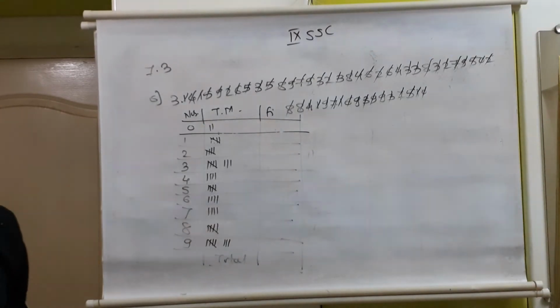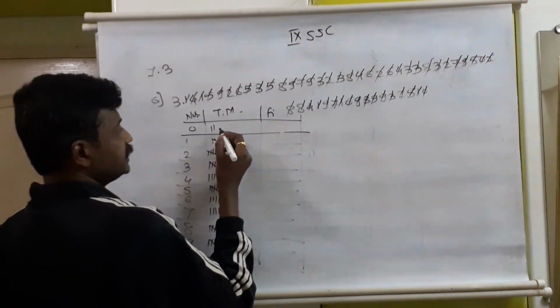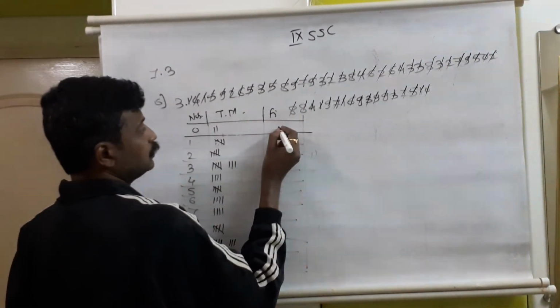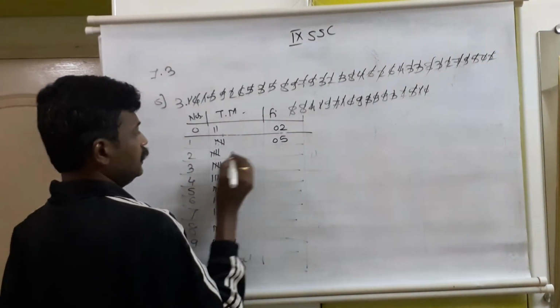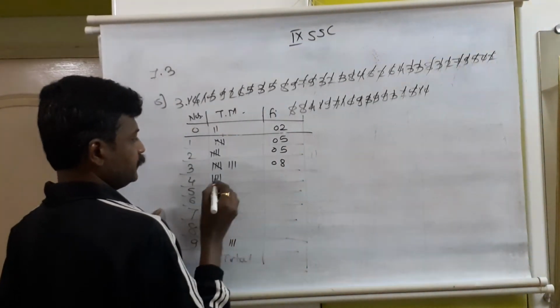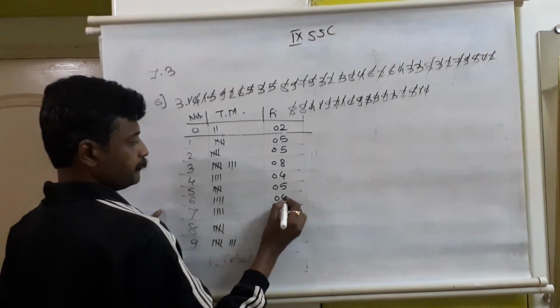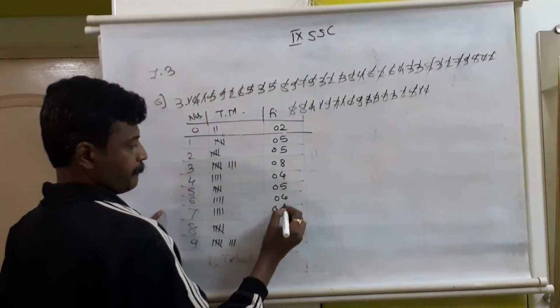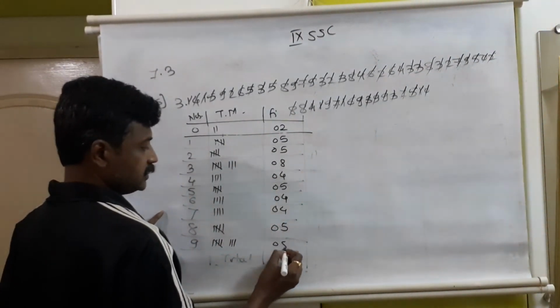All the 50 numbers, we converted the digits which are after the decimal point into tally marks. Let us see the frequency now. 2 lines means 2 tally marks, 0 appears twice. 1 appears 1 bunch of 5, 2 appears 1 bunch of 5, 5 plus 3, 8, 4, 5, 1 bunch is there, 4, 4, 5, 5 plus 3, 8.